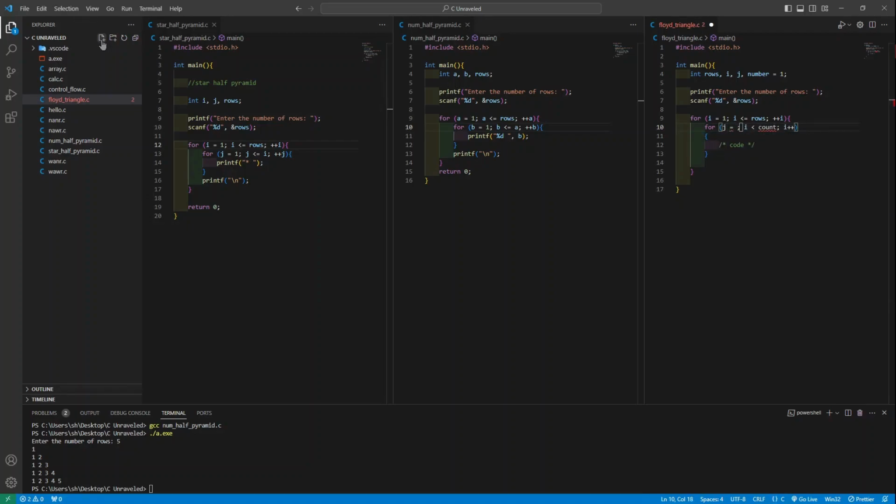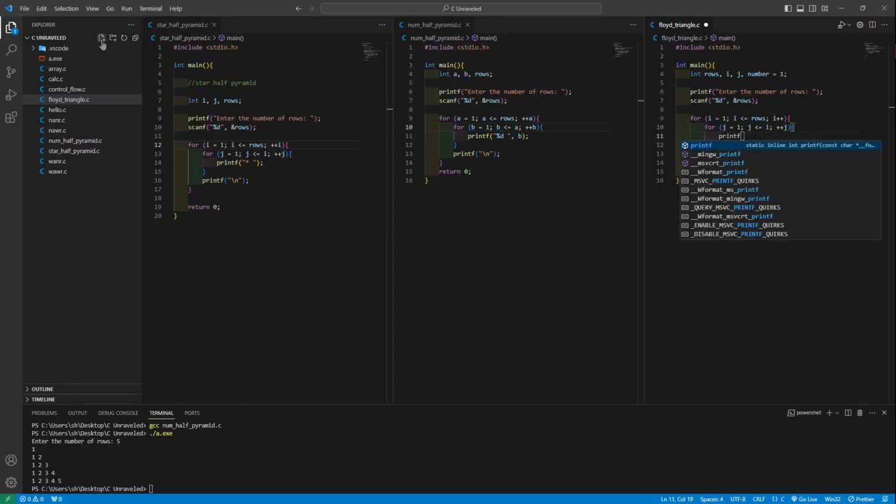So J1, J count should be less than or equal to I, and then again a prefix 1. The difference is going to be here. Okay, wait, we did not require the I to be in the prefix form here, and suffix is to be used here. The difference is, now I'll give printf